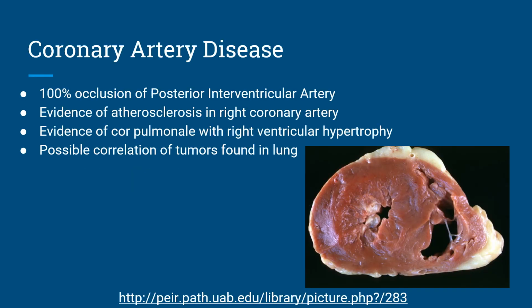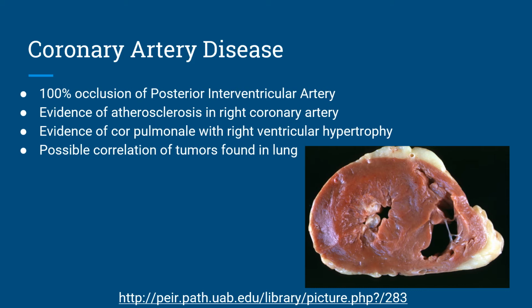Now we're going to talk a little bit about the cardiac pathology we found within our patient. And she had quite a bit of coronary artery disease, and we saw some evidence both histologically as well as anatomically with 100% occlusion of the posterior interventricular artery. We also saw quite a bit of evidence of atherosclerosis within the right coronary artery, and we could see this based on the firmness of that artery as well as the small diameter of the artery,